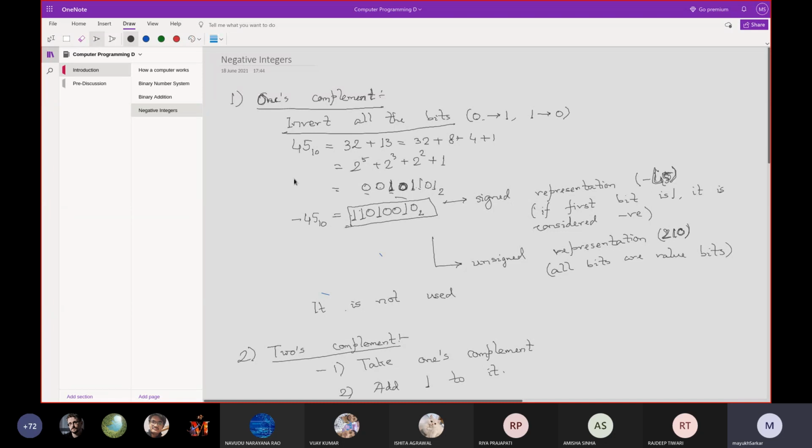The trick is hexadecimal numbers. There is a direct conversion between binary and hexadecimal. I'll show you that in the next class or in the next week. That means from binary to hexadecimal, or from hexadecimal to binary, you do not need to go via decimal. There is a direct conversion. I'll show you that next week. Any other query?